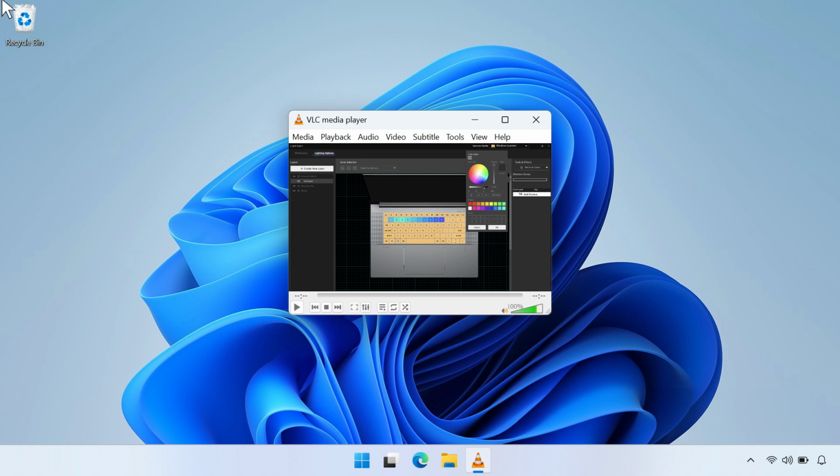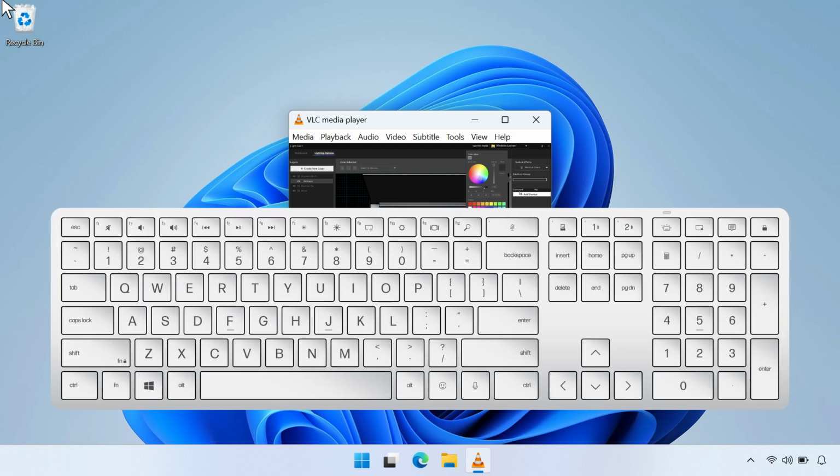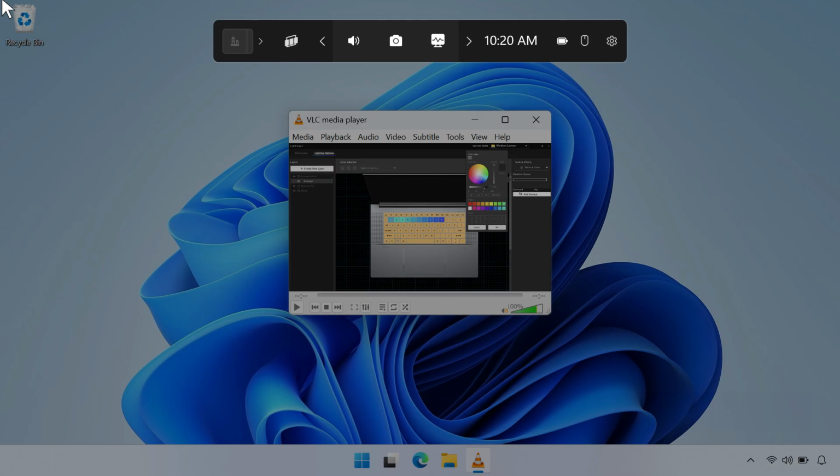However, to edit the clips, you'll need separate editing software, as Game Bar doesn't offer this feature. Ensure your app or game is open and running before starting the recording. To open the Xbox Game Bar, press the Windows key plus G. Once activated, the Game Bar will appear at the top of your screen.